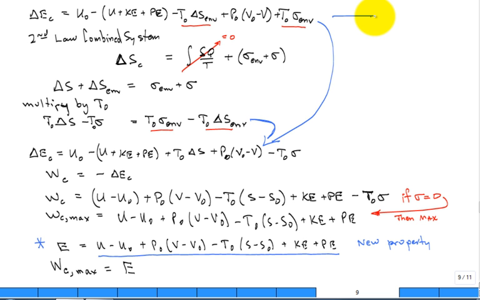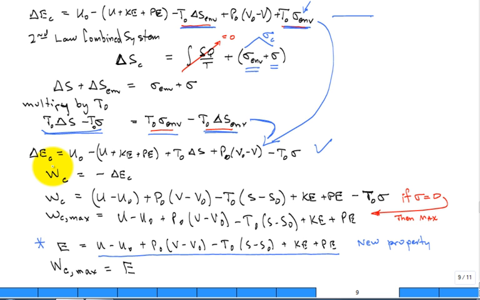But from the second law, you get entropy. What does that sigma represent? Entropy generation. So we have a second law for the combined system. Entropy can be generated in the system or in the environment. That's the combined, it's like sigma C. There's no heat transfer out of the combined system. So now you can multiply by T0, manipulating the second law. You get an expression right here. And you see that T0 times the change in entropy of the environment, hey, that's right there, minus T0 times the change in entropy of the environment, hey, that's right there. I can now replace those 2 terms by that term, and voila, a little algebra,